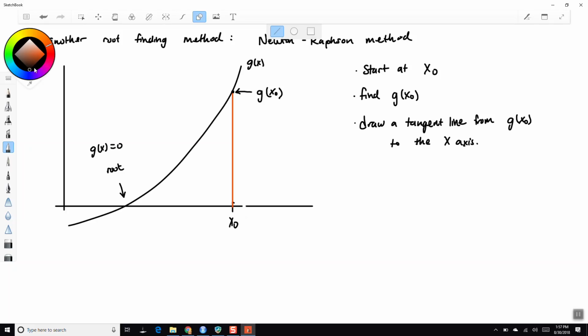So let's see. The tangent line will be this color. I don't know, does that look like a tangent line? Something like right here? Does that seem reasonable? Okay, so we'll say that is the tangent line. Maybe it's not, but you draw the tangent line, and then where the tangent line crosses